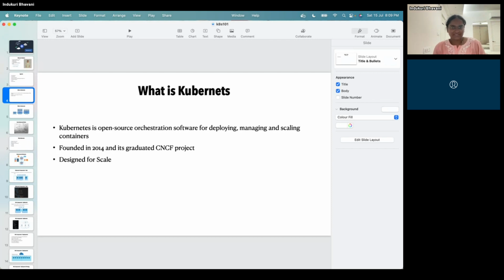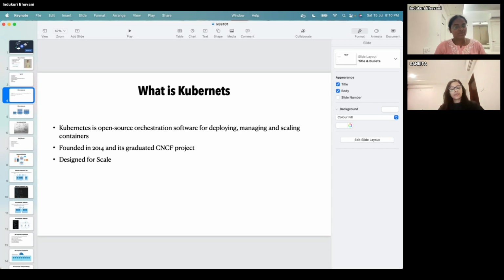So why Kubernetes? Last time, when I gave a session on Docker, I explained about containers, and I think you have a bit of knowledge about it. But in the coming slide I'll also explain the basic definition of a container. I have containers so that I can deploy my applications. Then why Kubernetes? You can manage 3 to 4 containers, probably 10 or 20 containers. But what will you do if you have to manage 1,000 plus containers, probably